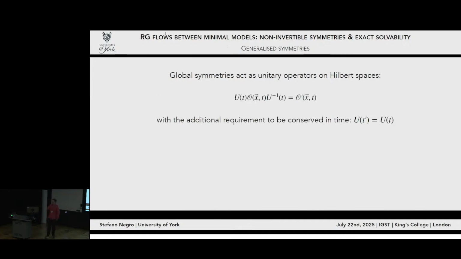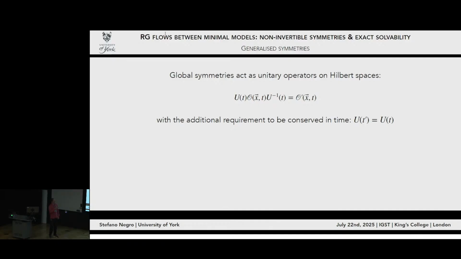Okay, so for this reason, let me just very briefly and probably sloppily introduce you to generalized symmetries if you don't know them already. But the idea is actually pretty simple. So the idea is to go back to the definition of global symmetries. They are unitary operators. They act on a Hilbert space, which usually is defined by just slicing along a time direction of our space-time. So we fix t, and at each t we have operators O, we have a Hilbert space, and then we have unitary operators that act on this Hilbert space.